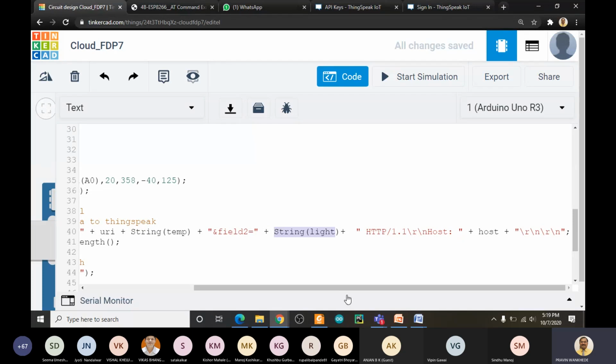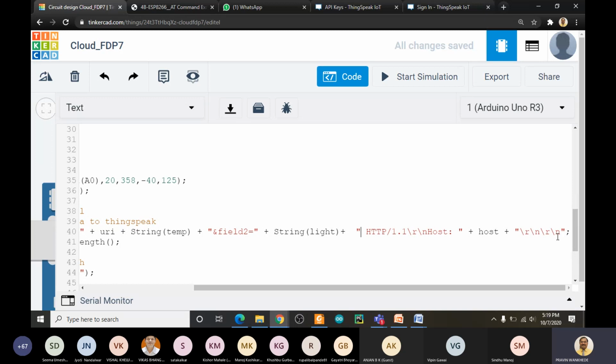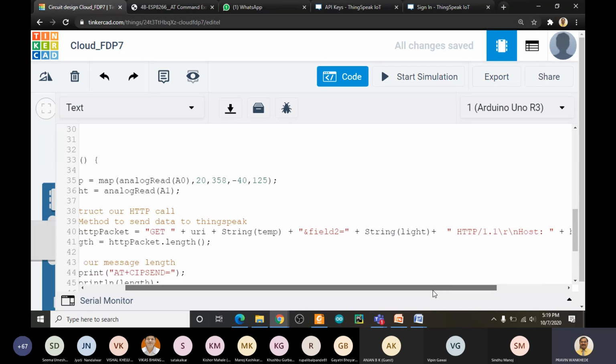Okay. And then we are telling our client, that is the API thingspeak.com, that whatever request we are sending is an HTTP request. Therefore, we are sending HTTP. Remember that there is a space before this HTTP, so it needs a space. Okay, then HTTP/1.1. Okay, and then host. So what is the host you are assigned? So this is what the complete format is, and this is two times \r\n. Okay, and that we have to send.